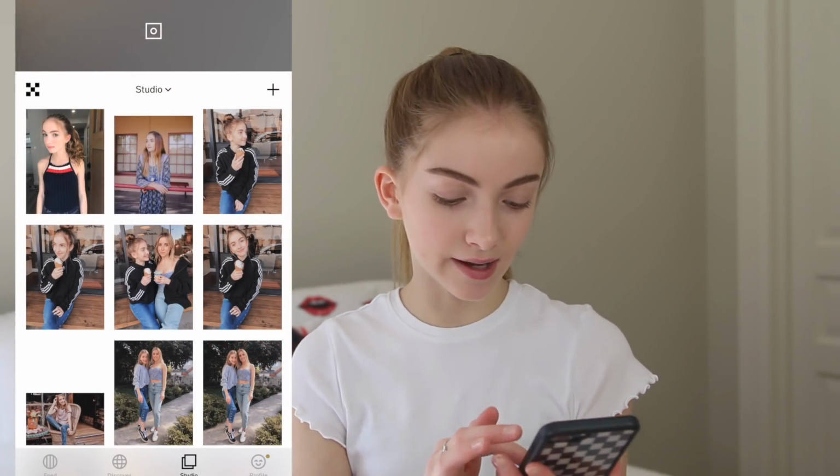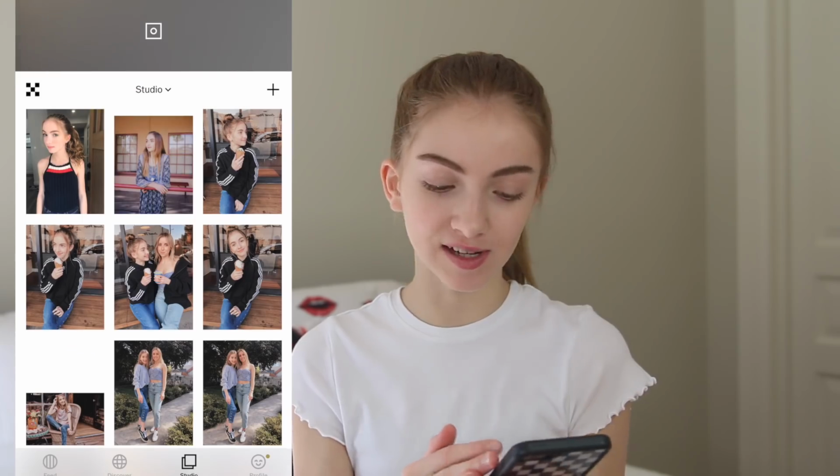So before I could edit the photo, first I had to choose a photo, and I decided to go with one that I posted a few days ago that a lot of you guys really liked, and it also matched with my feed really well. Whenever I post an Instagram photo, I use the app VSCO, or VSCO some people call it, but it's basically just a photo editing app, and it also lets you adjust the exposure, the contrast, and a bunch of other things. Okay, so this is my VSCO, and I just have some photos that I'm planning on posting or that I already posted, and this is the photo I've decided to edit.